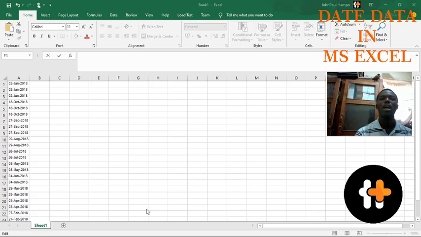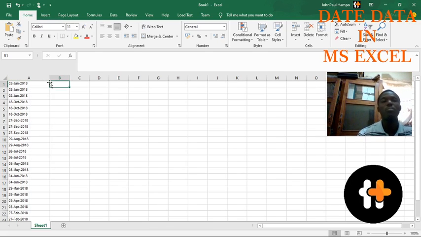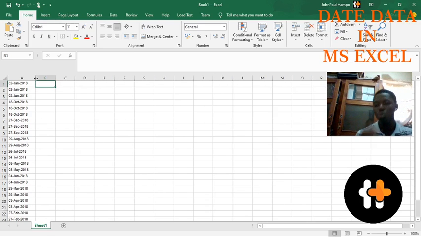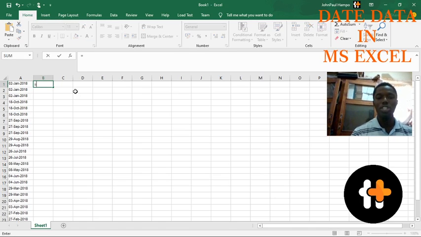Like you have on the screen, you can see the worksheet here in column A. You have it as date data. It doesn't really matter what format the date comes in, but you just need to know how you can use the date data. First and foremost, I will show you how you can pick the day out of the data. That is very easy. I can just say this equals to